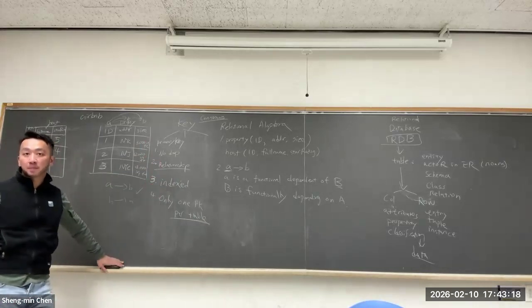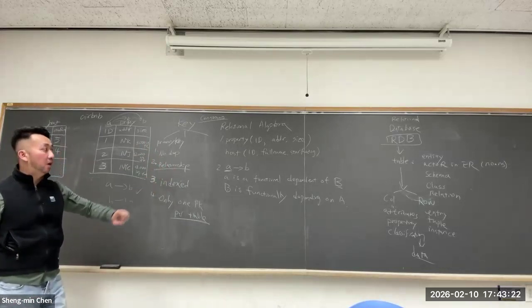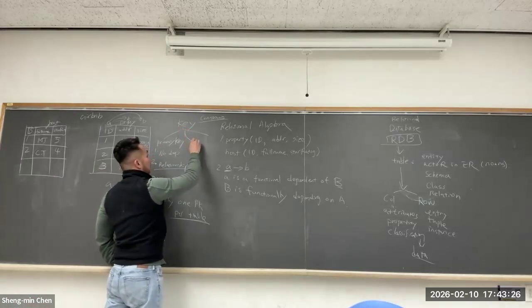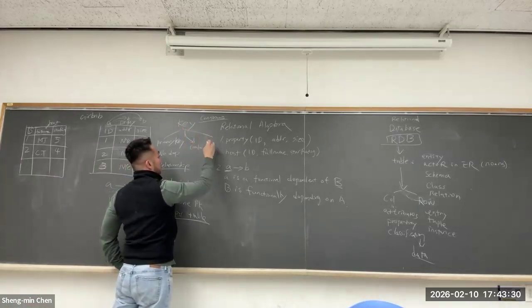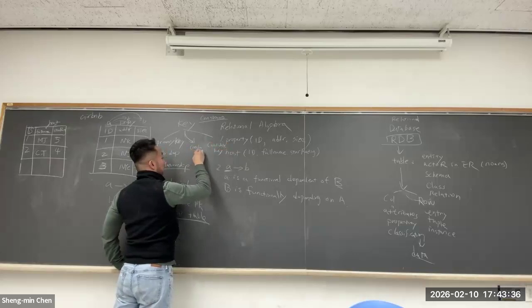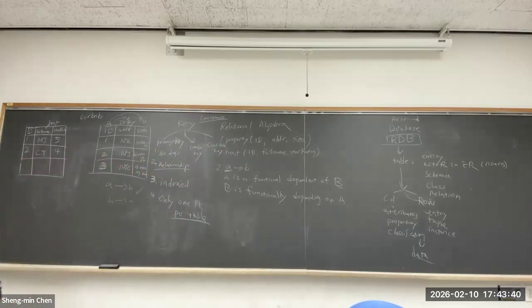The next thing I want to talk about is not violating any of these, but I want you guys to know another two keys, combo and candidate. Combo keys and candidate keys. Combo keys are also known as combination keys. Okay? Now,